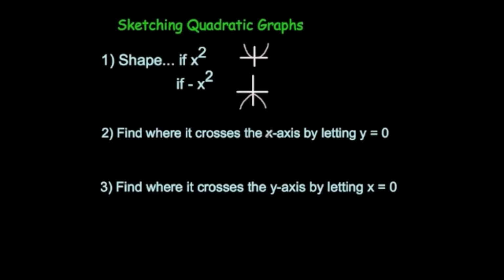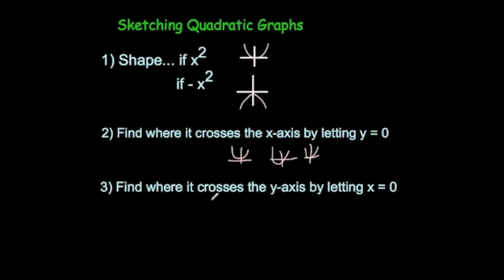You do that by letting y equal 0. If you let y equal 0, then you can factorize and solve it and find out the values for x, and that'll be where the graph crosses the x-axis. If you find that you can't solve that quadratic, then the graph may not touch the x-axis, in other words, the parabola may be above the x-axis. If you can factorize and solve it, or use the quadratic formula, you may find there are two locations. There may only be one location where it touches the axis,